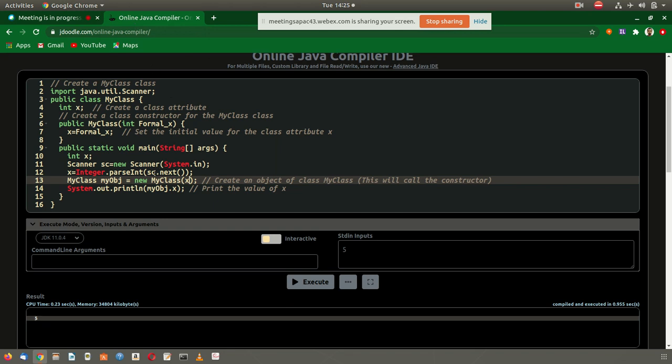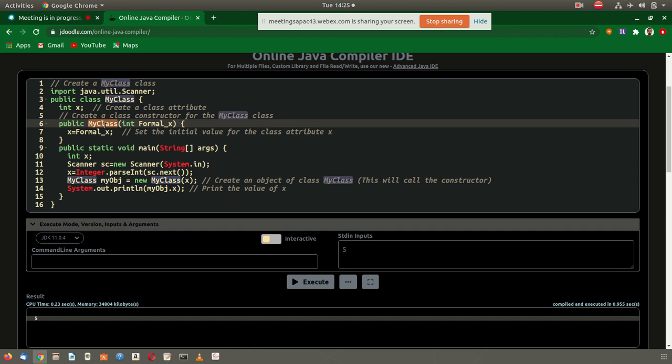So here is a program. In this program there is a class named MyClass, and a constructor has the same name as the class name. This is the constructor, and it accepts an argument, int x, which represents the formal argument.